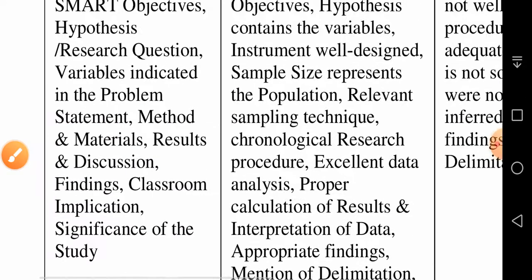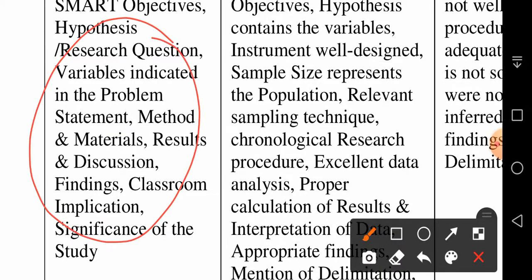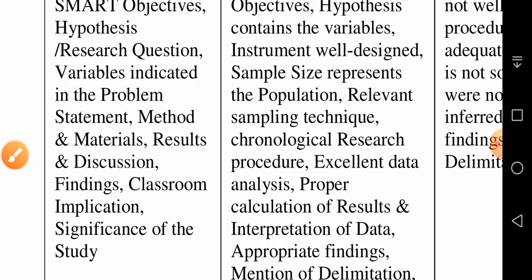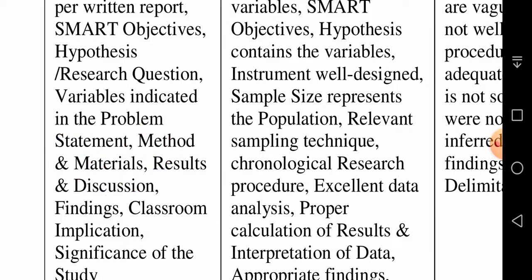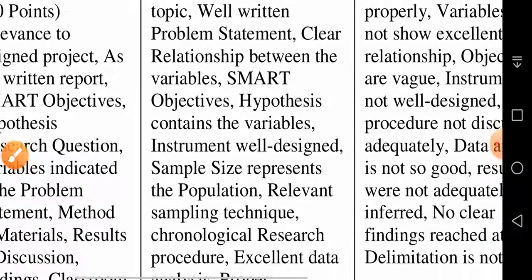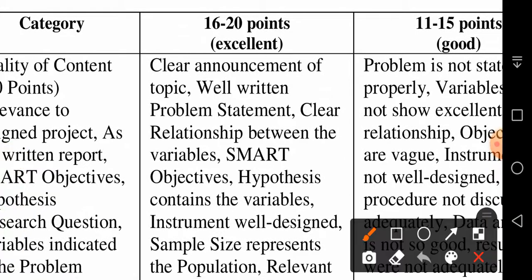So all these points have to be included in the content section. The content section has 20 marks. If you have a clear announcement of the topic while presenting, you clearly announce your topic, and a well written problem statement, clear relationship between the variables, objectives, hypothesis contains the variables, instrument well designed,